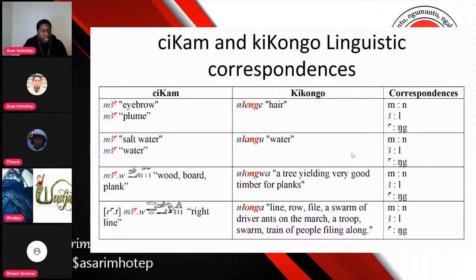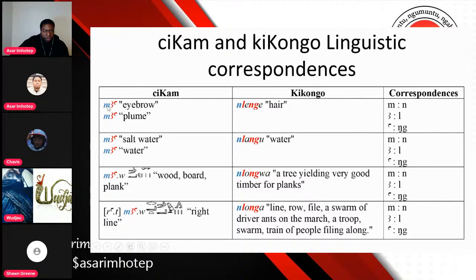Barat, warawu, or mawu, if you want to say it that way, wood, board, plank. And then remember our word from earlier in Longwa, a tree yielding very good timber for plank, right? Then we have this combination here, Ra'at Ma'awu, right line. And then we have in Kikongo and Longa, line, row, file, a swarm of driver ants on the march, a troop, swarm, train of people filing along, right? So we're seeing this pattern